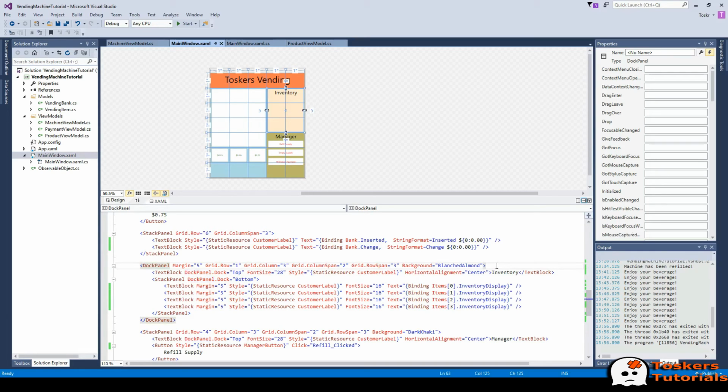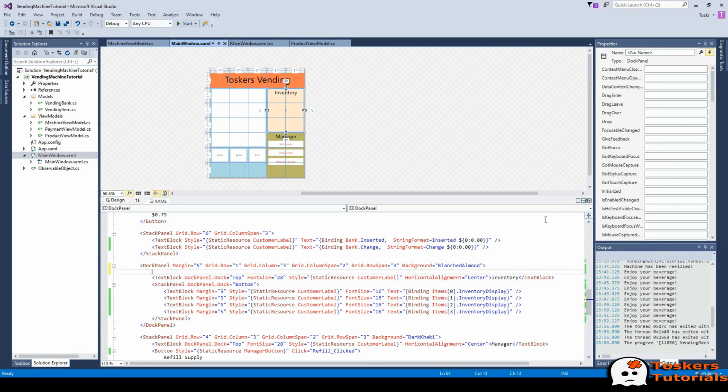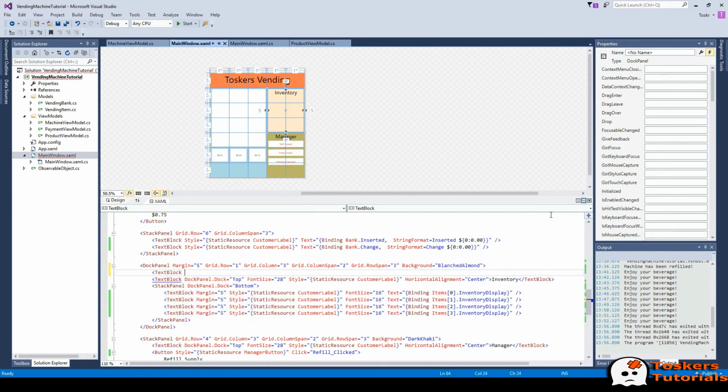So right above our inventory title, we're going to create a new text block. We're going to call it docPanel.doc bottom. And then we are going to say style, a static resource that we created in our app.xaml, customer label, so we can have it look like our other controls. And then we're going to say text binding bank